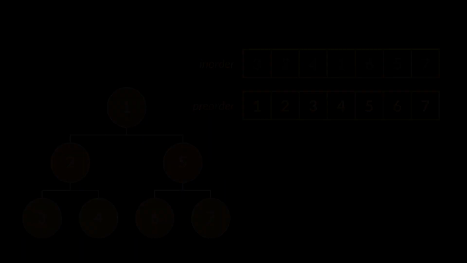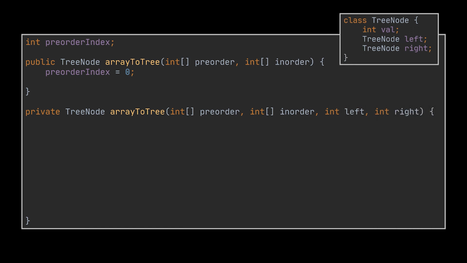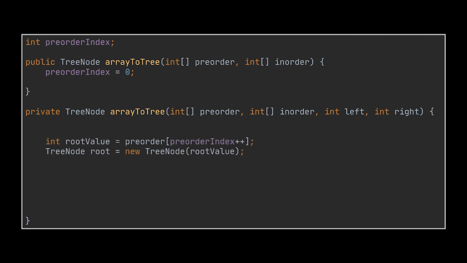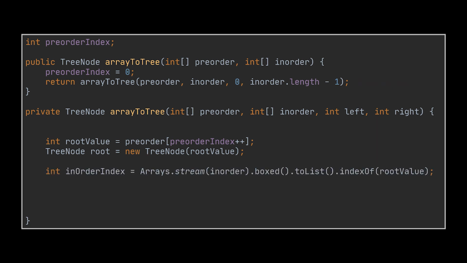To implement this logic, we must initialize an integer variable to 0, let's say pre-order index, to keep track of the next root element that will be used in the current iteration. Then we will attempt to retrieve this root in the recursive call used to generate the tree. As a start, we will first pass to this method both arrays we have and the full range of our in-order array. Similarly to what we previously discussed, as soon as we retrieve the root value, we need to locate that same value inside the in-order array. We'll do that for now with the help of streams.